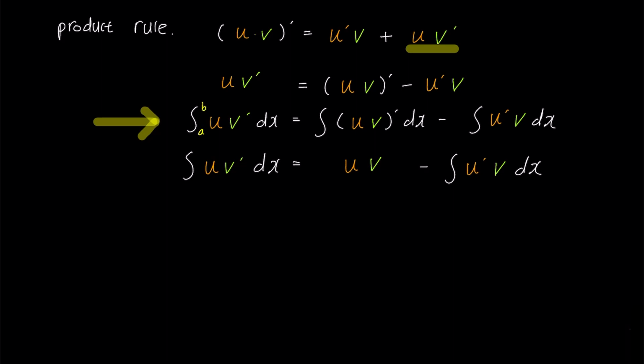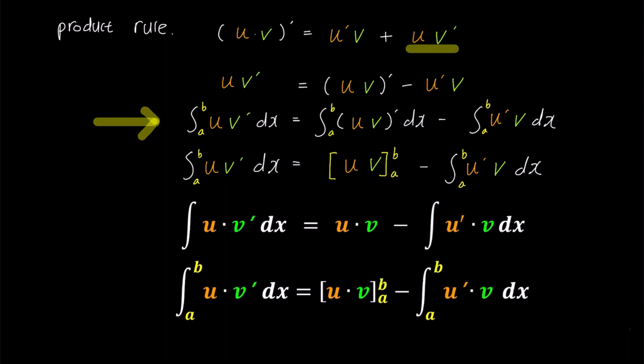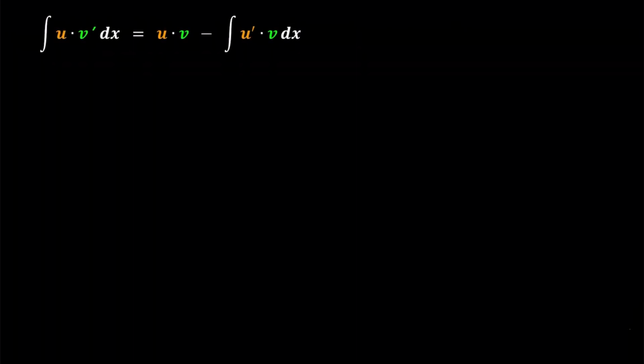The result of the definite integration must always be a constant. Therefore, we need to substitute b and a into the right-hand side of the formula to find the definite integral of uv, and we also need to calculate the definite integral of the last term from a to b. To summarize, there are indefinite and definite integrals, and the formula for integration by parts consists of these two equations that you see here. Let's take a look at our first example.